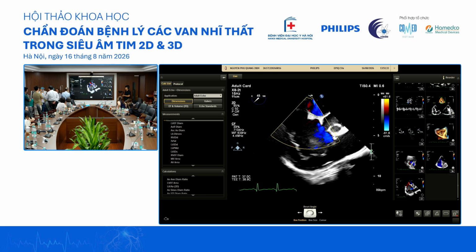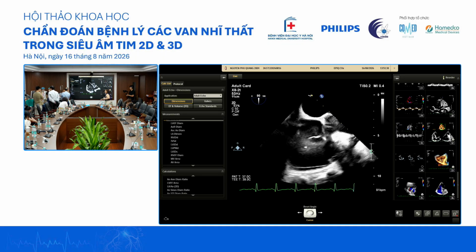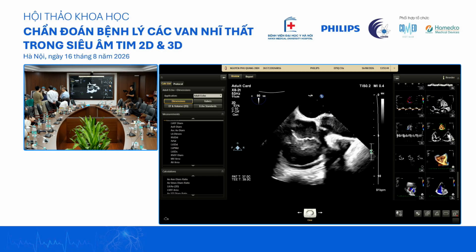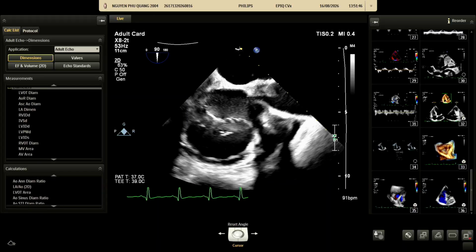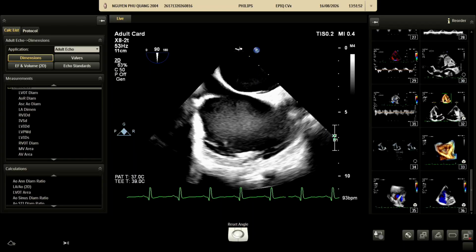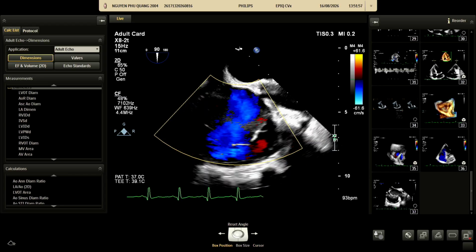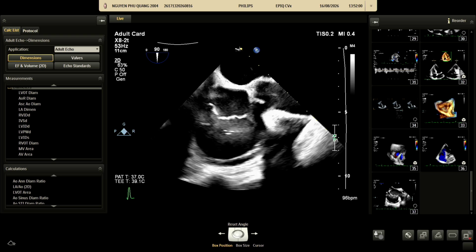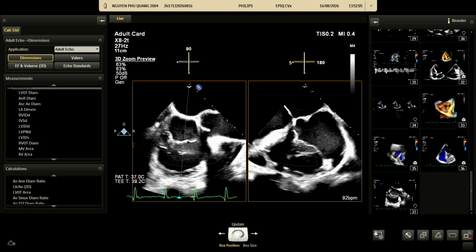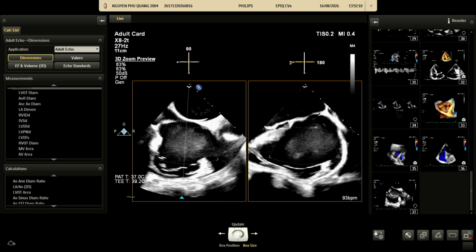So you're going to finish with the transthoracic, then you go into transesophageal. At 90 degrees you don't see any problem. We try to get it. We should be able to get this very echogenic.